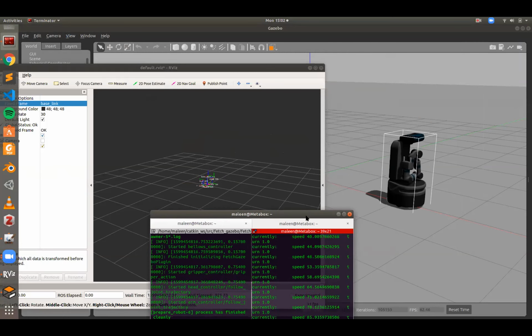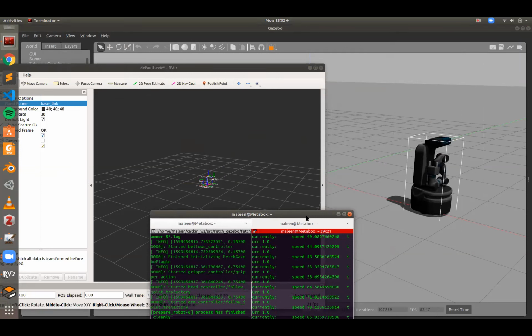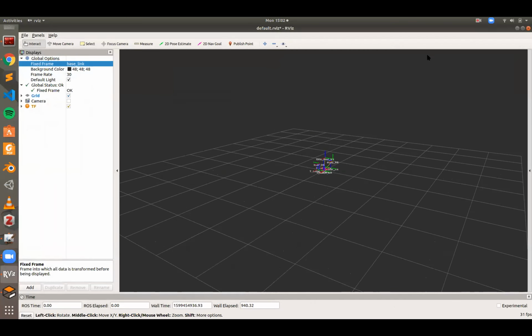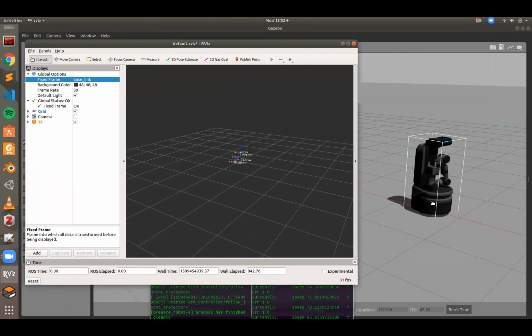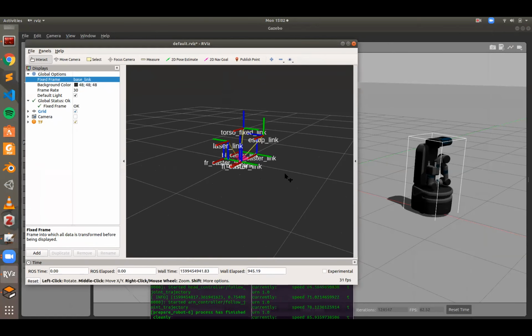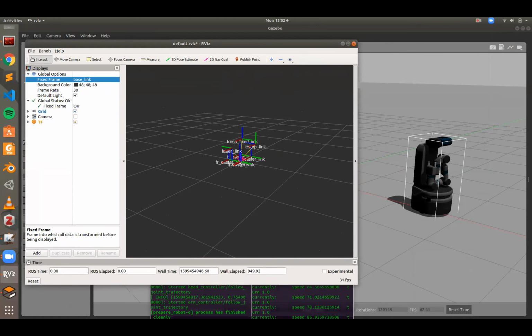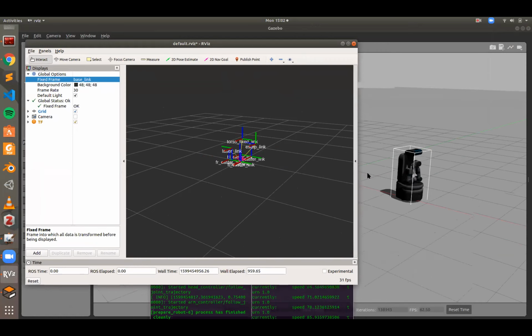You can see the robot is moving in Gazebo, but it's not moving in RViz, right? Why is that? Because the frame that I'm looking at, the fixed frame that I'm looking from, is the base link of the robot, right? So the base link of the robot is somewhere here, right? So if I'm looking at the movement from the base link, it's not going to move, right? Because my fixed frame, my reference frame, is the base link. So the robot is not moving relative to the base link. It's moving relative to the world,